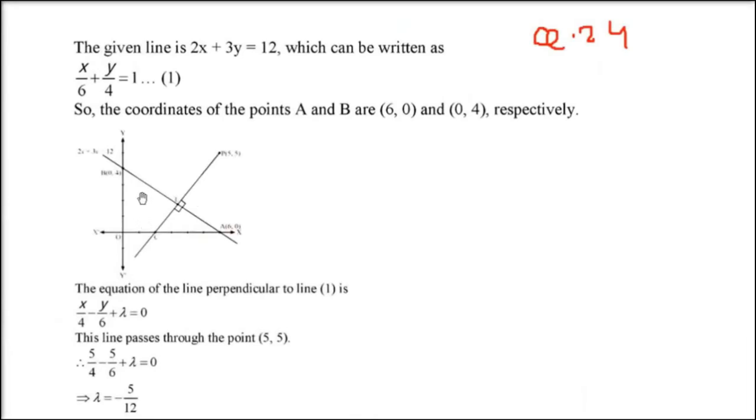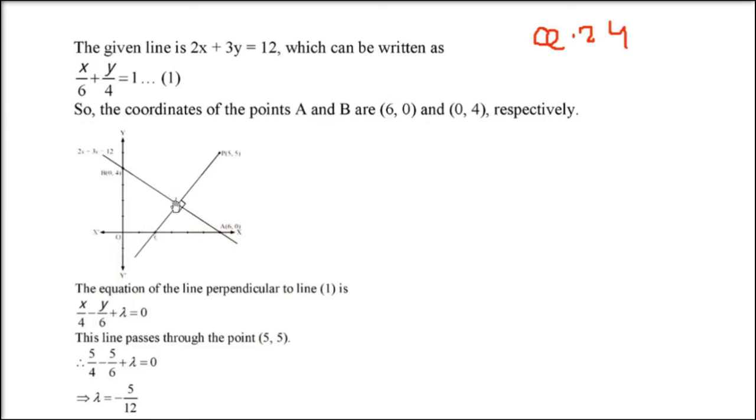Let me just explain the figure first. See, there is a line 2x plus 3y equals 12. This meets the x-axis at A and the y-axis at B. This is A and this is B. On the x-axis y is 0 and on the y-axis x is 0. The line through (5, 5), so there is a point (5, 5). This is a line coming from (5, 5) perpendicular to AB. It meets the x-axis at C, and on the line AB it is at E. If O is the origin, find the area of the figure OCEB.